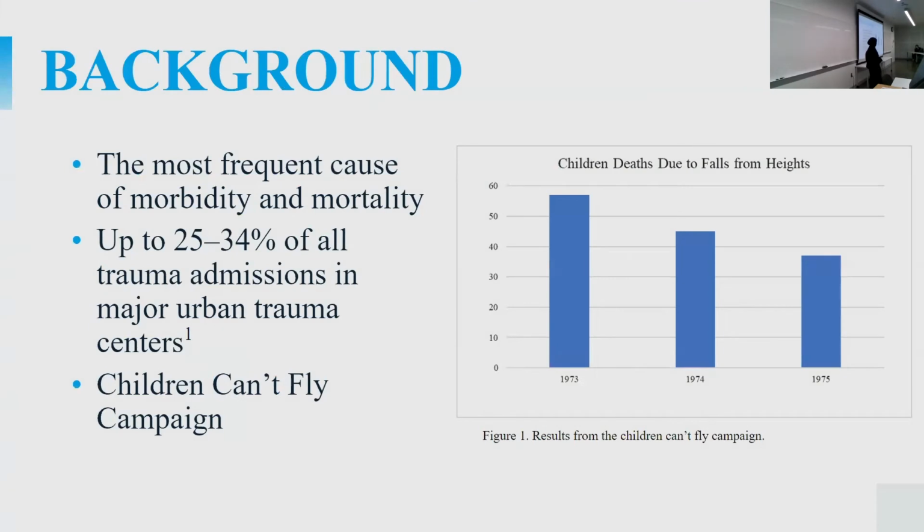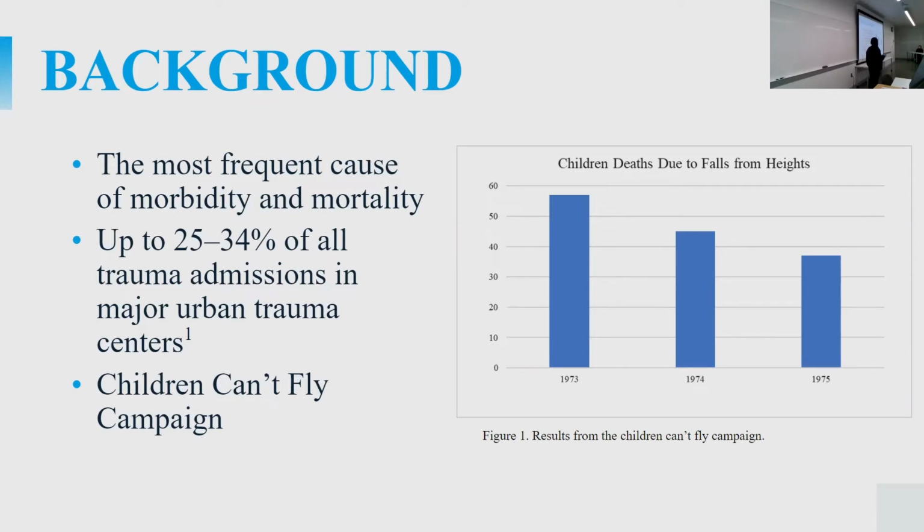Pediatric falls are the most frequent cause of morbidity and mortality in children as of now. They account for 25 to 34% of all urban trauma admissions. A study conducted between 1965 and 1969 found that there were 201 deaths in